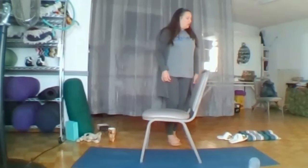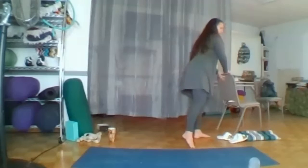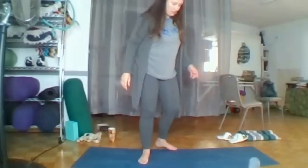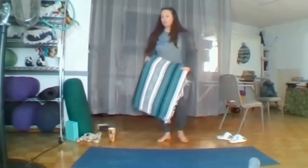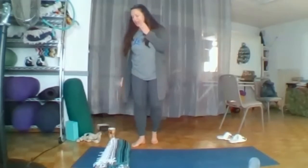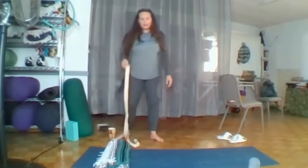All righty, we are going to make our way to the floor. So you can move your chair out of the way if you need it to get to the floor. We are going to be on our back. We are going to do some figure 4, stretching out our hips. So if you have a strap or a dog leash or belt,